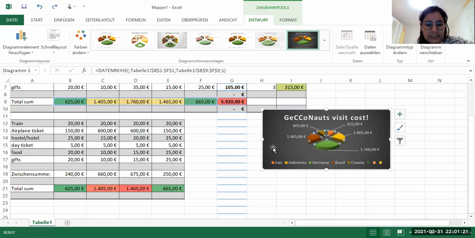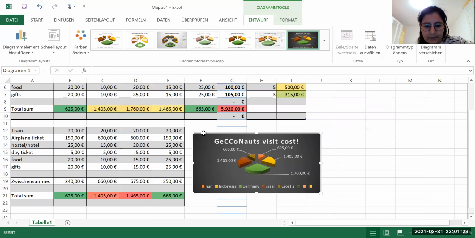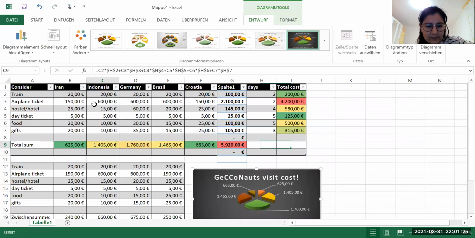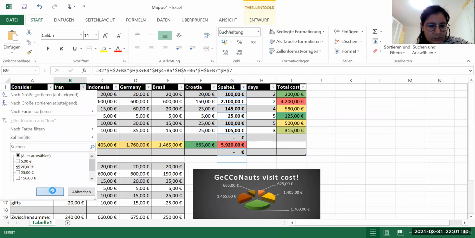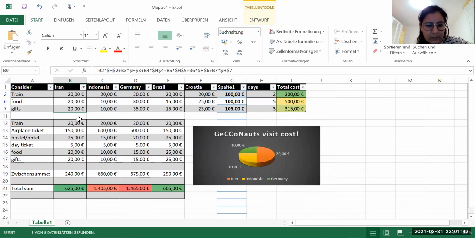You learned formatting. If, for example, you have a number and you want to show it as currency, you just put a dollar type on it. If you want to make it color, if you have a double value or some higher or lower value, you can do it here. You can also sort it, let's say by just $20, and train, food and gifts would be 20, and it will change here automatically whatever you do. You learned how to do a small nice